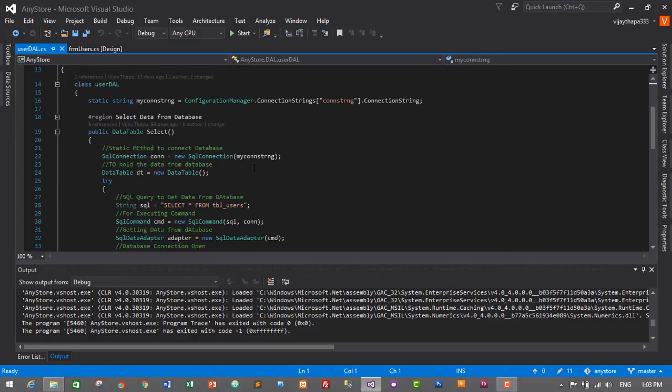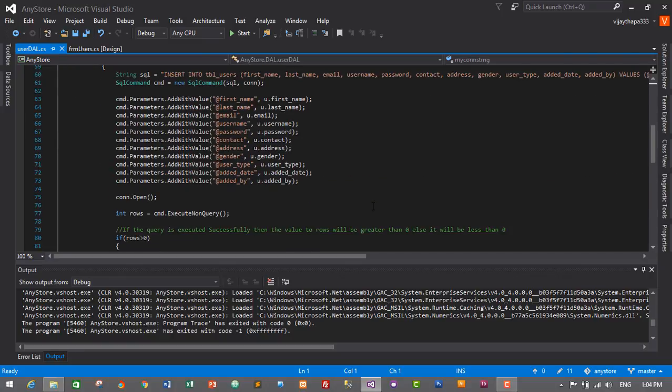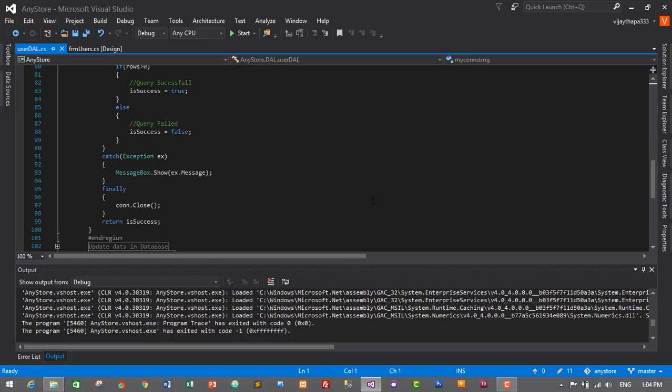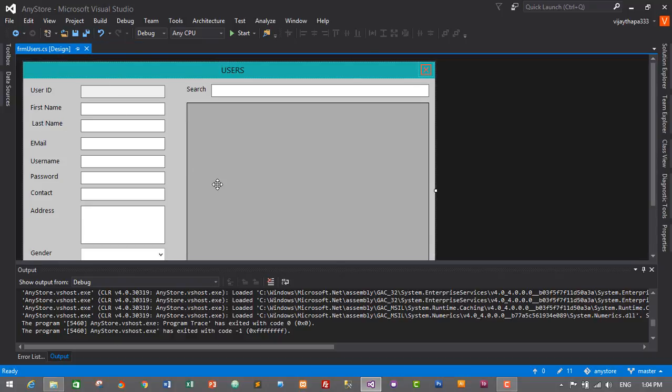Go to user DAL. Let's minimize the select function, and in insert I think we do not need to make changes in our DAL, we only need to make changes in our